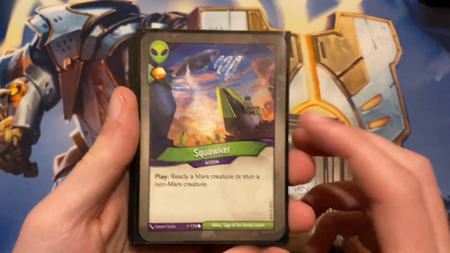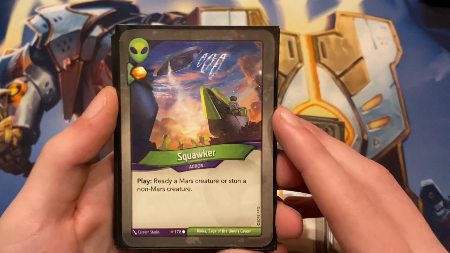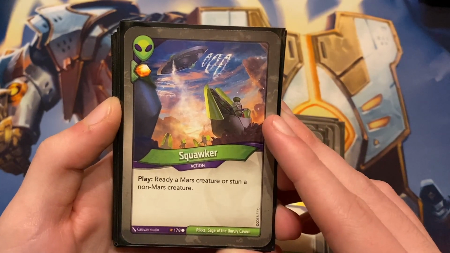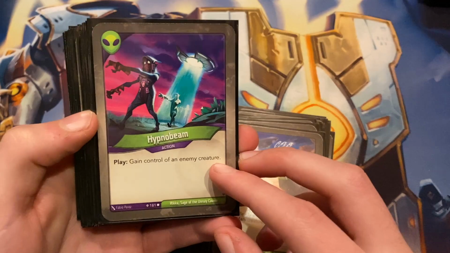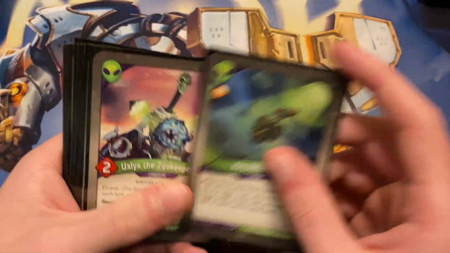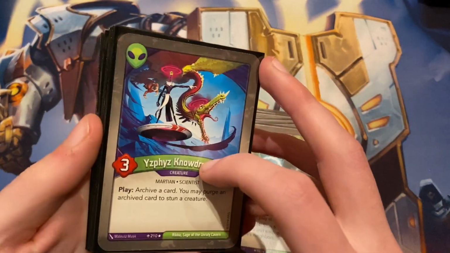And here is actually the first of 2 Legacies. This is actually a double Legacy deck, and this is the first of them. A Legacy Squawker, ready a Mars creature or stun a non-Mars creature from Call of the Archons, which is really cool. We've got Hypno Beam, Key Abduction, Uxlux the Zookeeper, Zorg, and then this is another sort of weird aspect